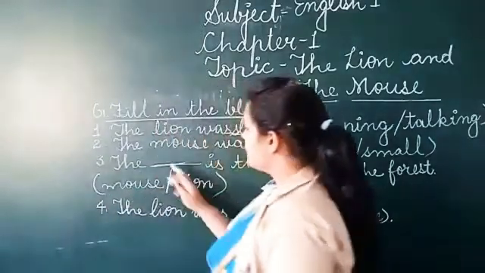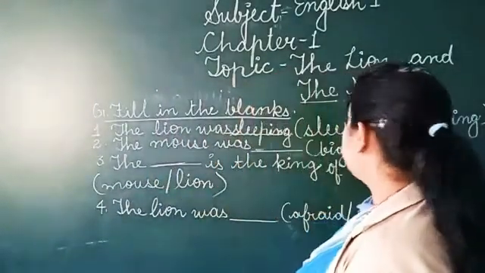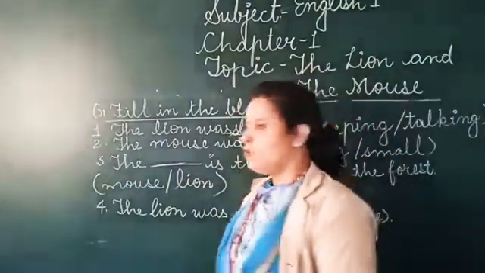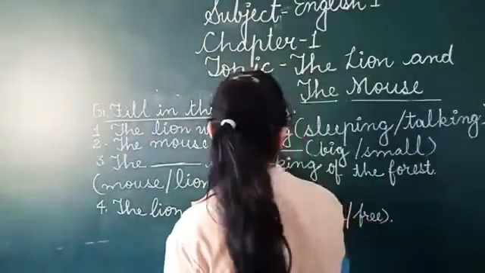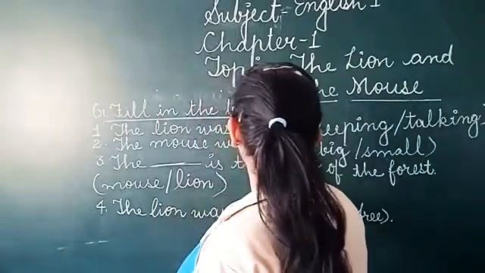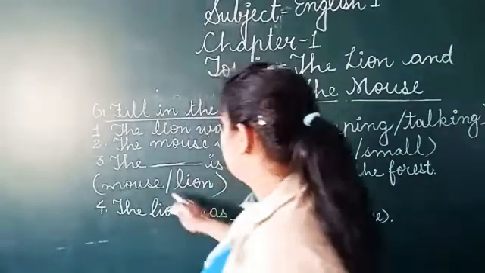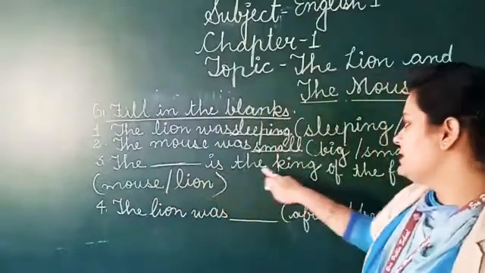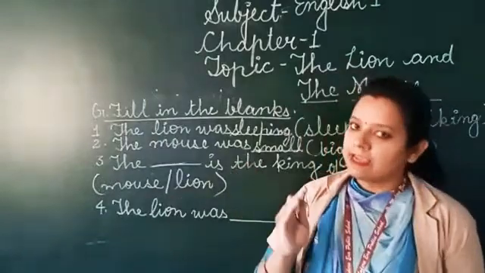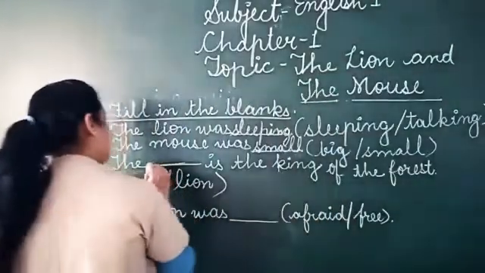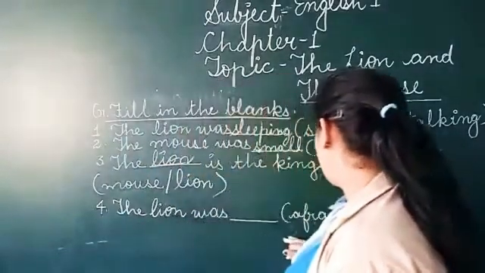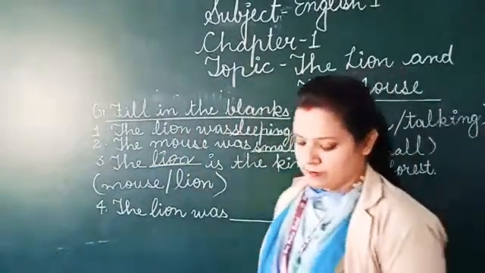Now the second one is the mouse was big or small. Have you ever seen the mouse? They are small. So the mouse was small. Now the dash is the king of the forest. Who is the king of the forest? Lion. The lion is the king of the forest. Now, the lion was free or afraid? The lion